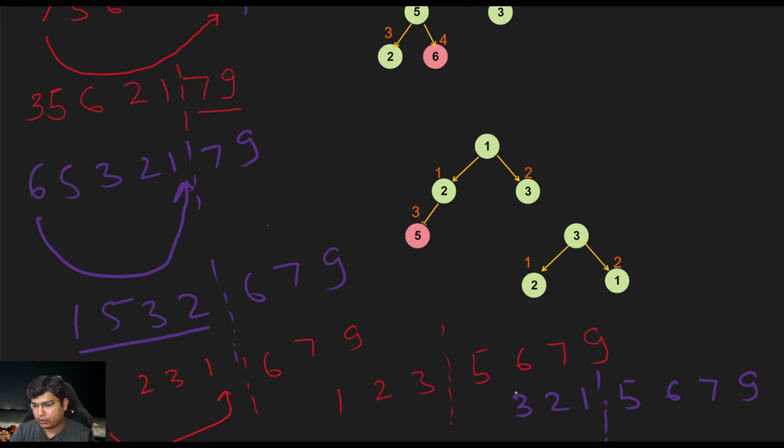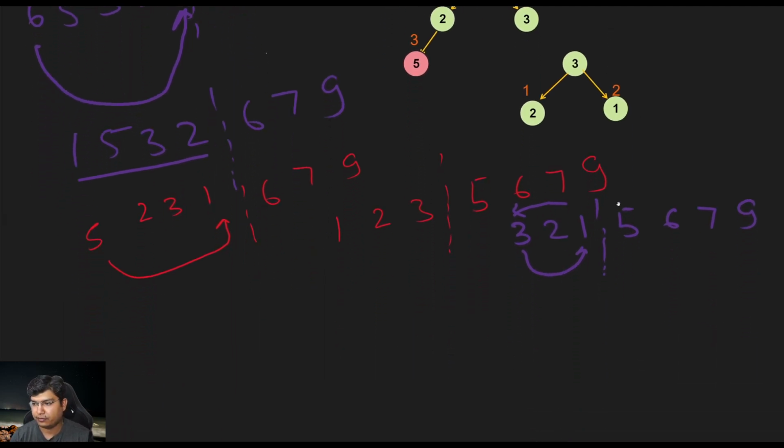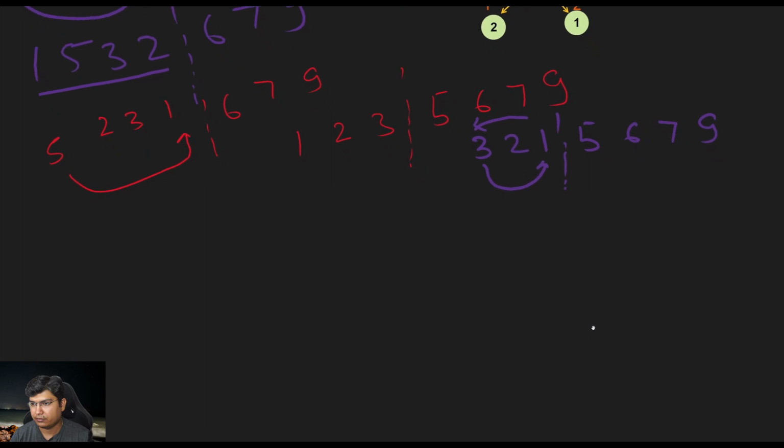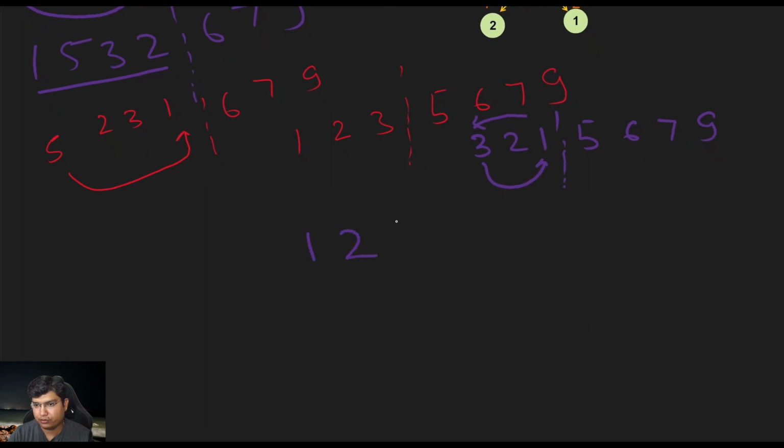Okay, now I do the same thing. I pluck out the maximum number, swap it with the last number in the heap, and 1 comes here, 3 goes there. We will have 1, 2, and then the sorted portion 3, 5, 6, 7, and 9. Now we can plot this again, and it is